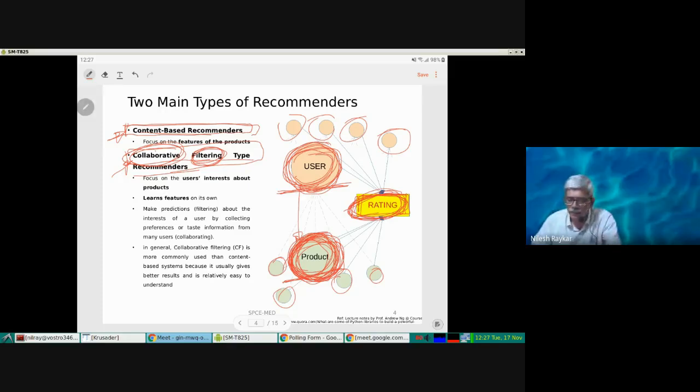And in the collaborative recommender system, the features of the book are not important, but the profile of the user is used to predict what rating the user will give for a new book. And the features of that new book will be obtained by collaborative inferences drawn from the ratings given for that book by different users. So that is the difference between content-based recommenders and collaborative type recommenders.